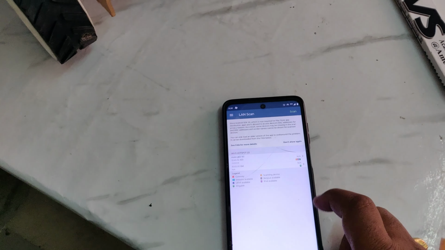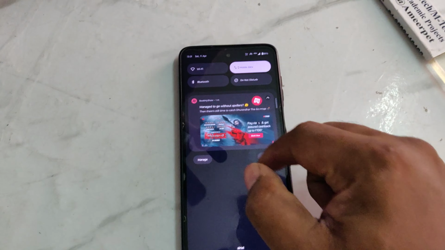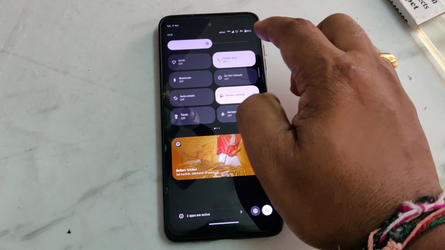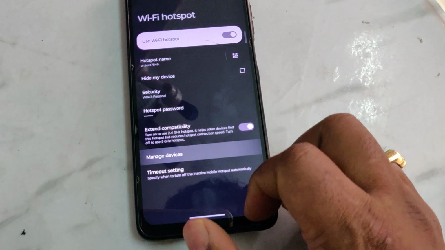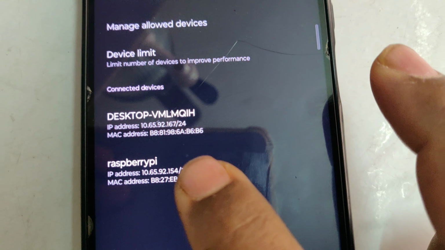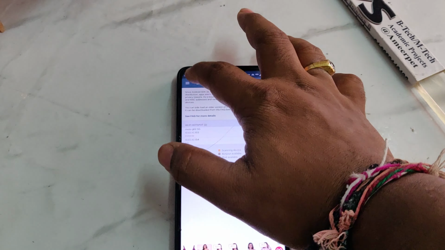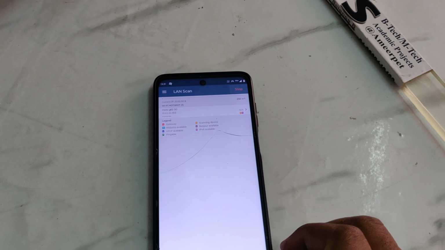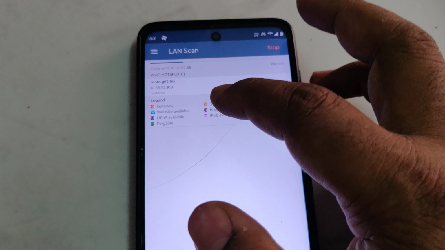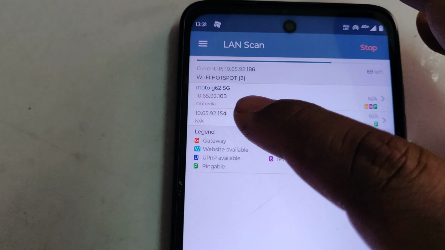Coming to the web page access, after we see everything here, go to the hotspot settings of your phone, and there we can see one device connected to your mobile phone. You can see that Raspberry Pi. Now go to the network analyzer application, options, LAN scan, and do the scan. We get 2 IP addresses: one is your mobile phone and the other is the kit. Just click on this,